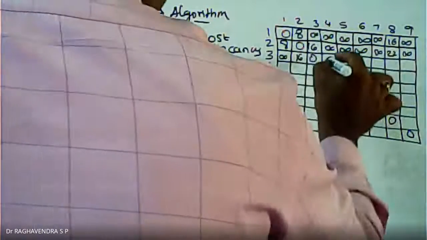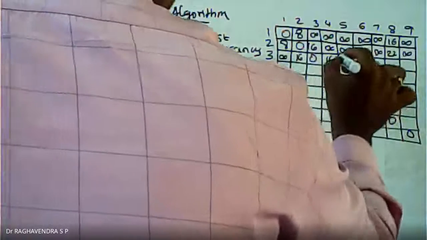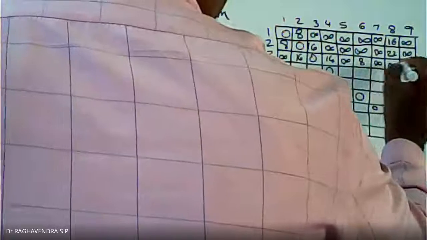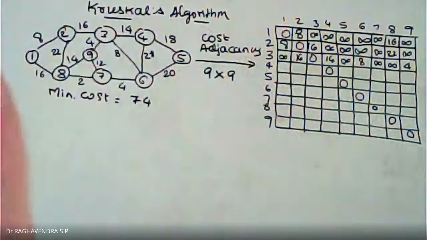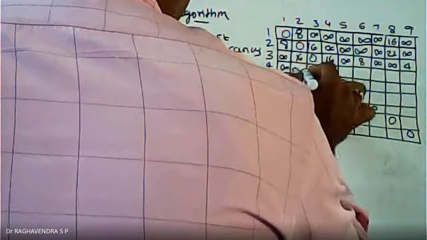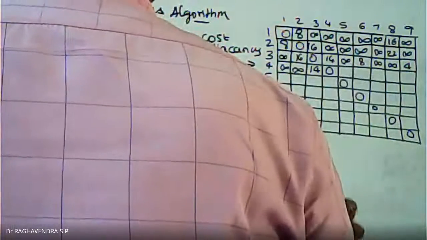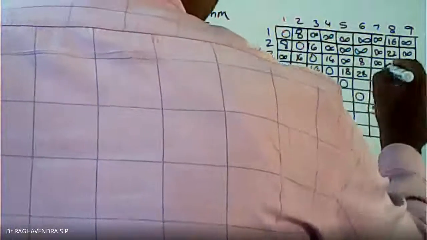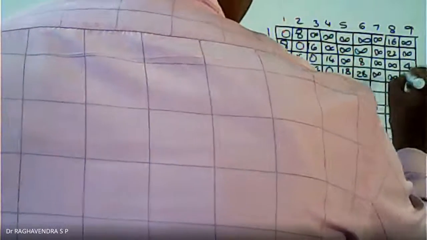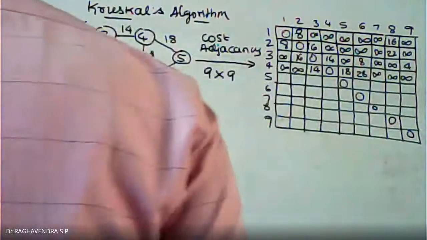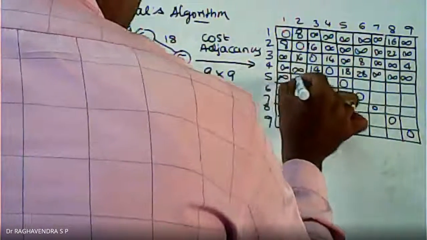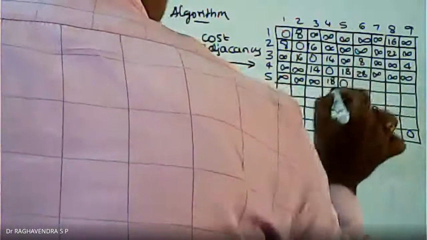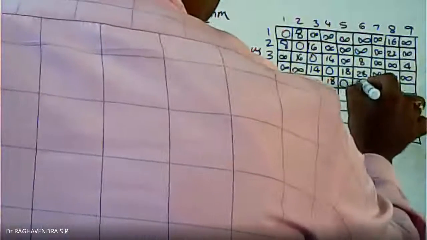The third row: 16, 0, 14, then 58, double infinity, 4, and 28, triple infinity. Then the fifth row: triple infinity, 18, 20,